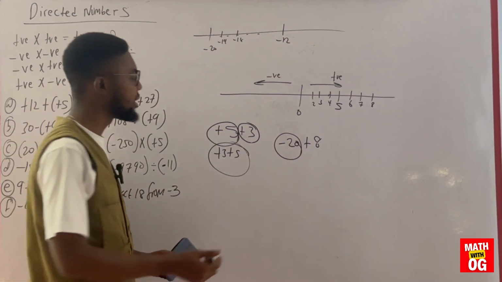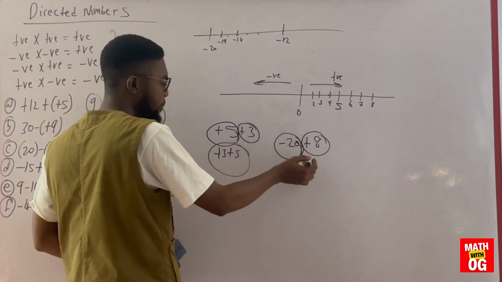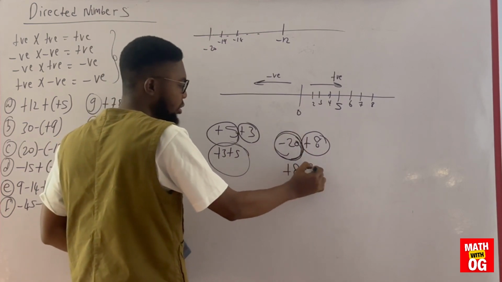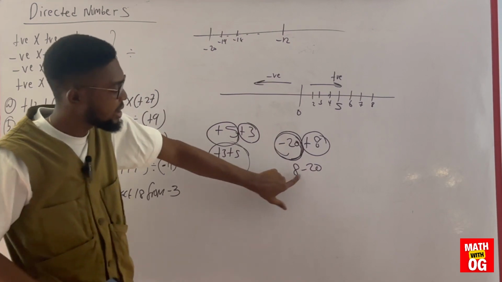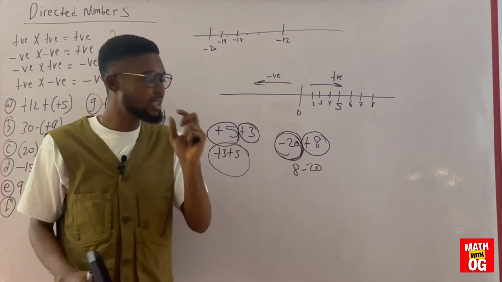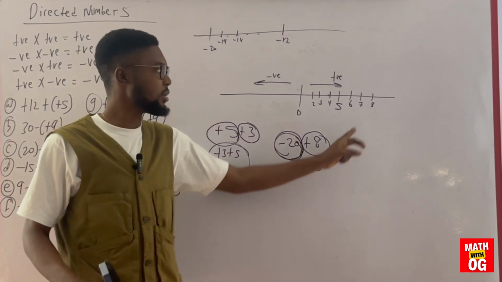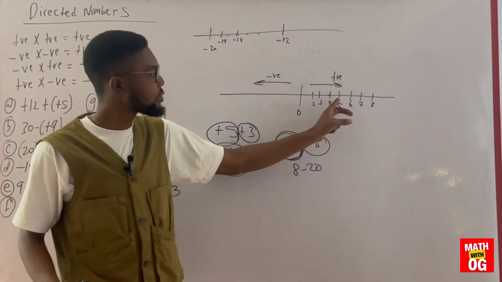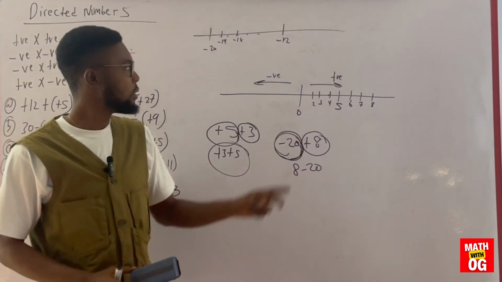Similarly here, pick the sign going with 8, which is simply what? Plus 8. Pick the sign going with 20, minus what? 20. So if I clean this positive sign here, this will give us 8 minus 20. So it is obvious that minus 20 plus 8 is the same thing as 8 minus 20. So what is 8 minus 20? From here, count 20 times to the left. So if you count 20 times to the left, you will definitely have a negative value,